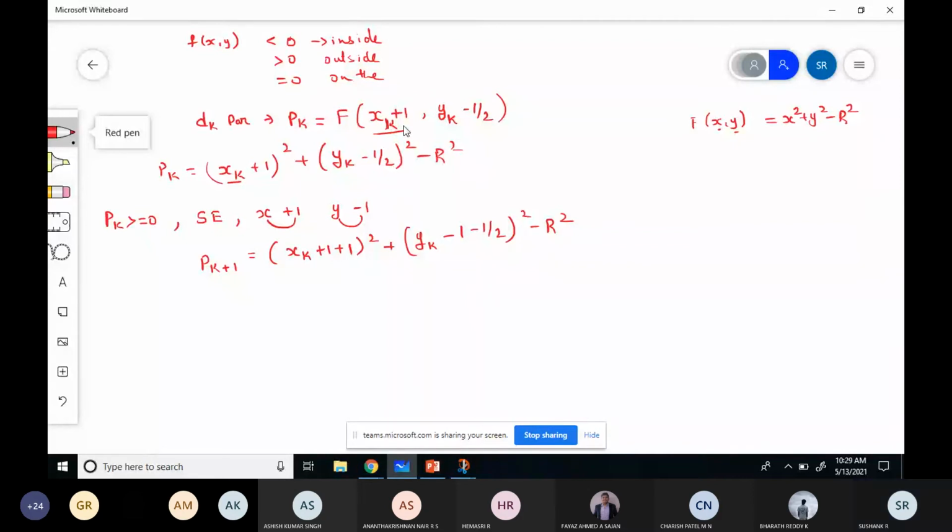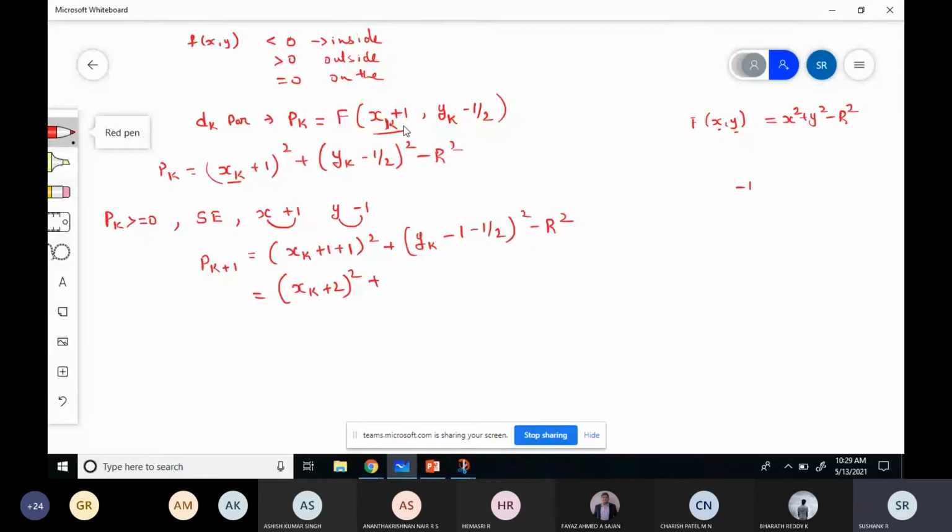So for this x, I am just adding 1. And for this, it will be decremented by 1. So I am subtracting minus 1. In simple terms, x plus 1 means it will become x plus 2. Here I am using xk, so it will become (xk plus 2) the whole square plus